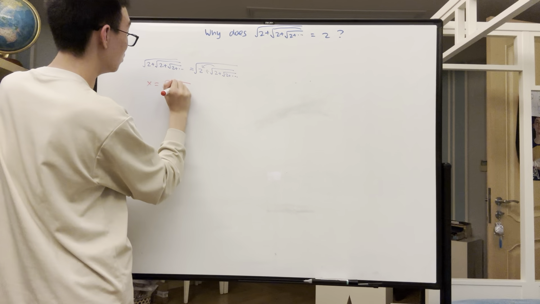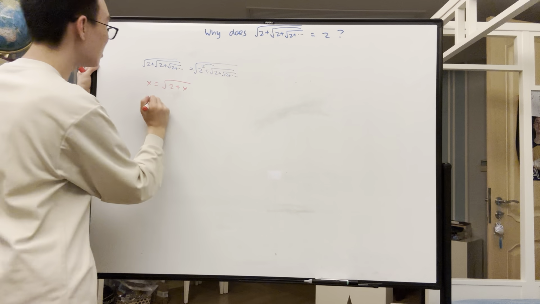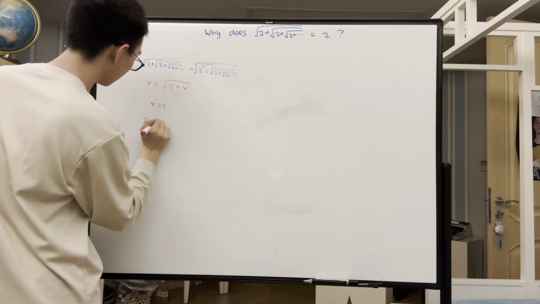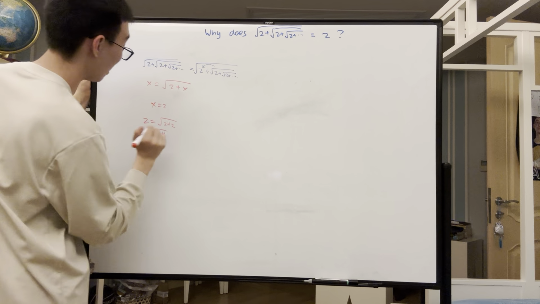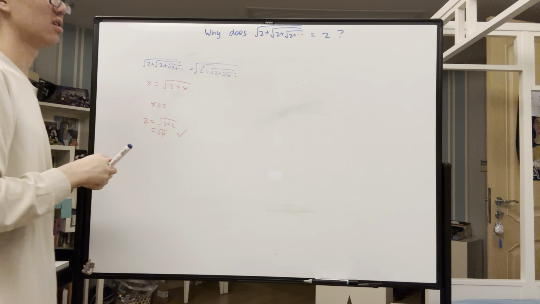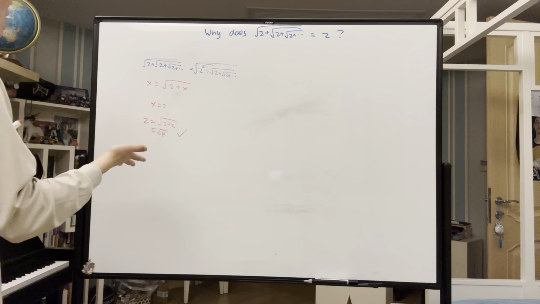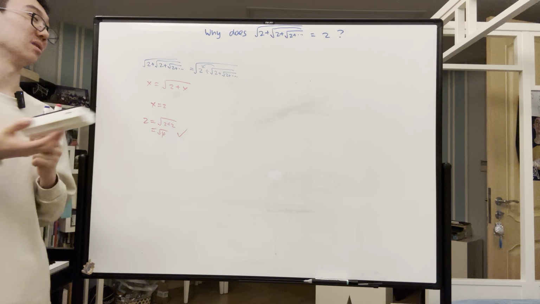layer, or root 2 plus x. Right? And then after solving this, we can easily get that x is equal to 2. Where this checks, because 2 is equal to root 2 plus 2, or root 4, and this checks. But this way is not really satisfying. Right? There's actually a very satisfying way that uses trigonometry to prove this statement, instead of just using this simple